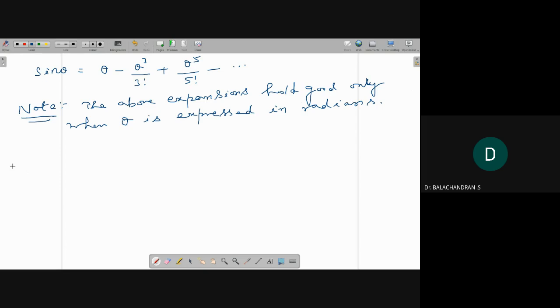Okay, so now from this sin theta and cos theta, we can get tan theta. So tan theta equals,